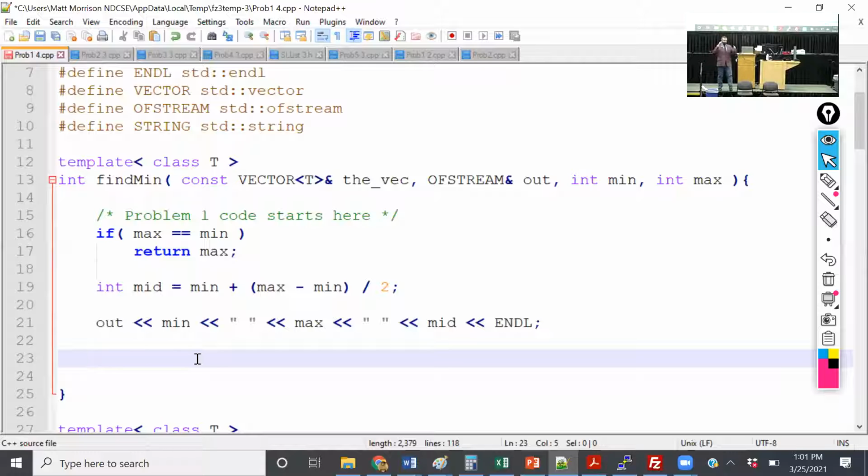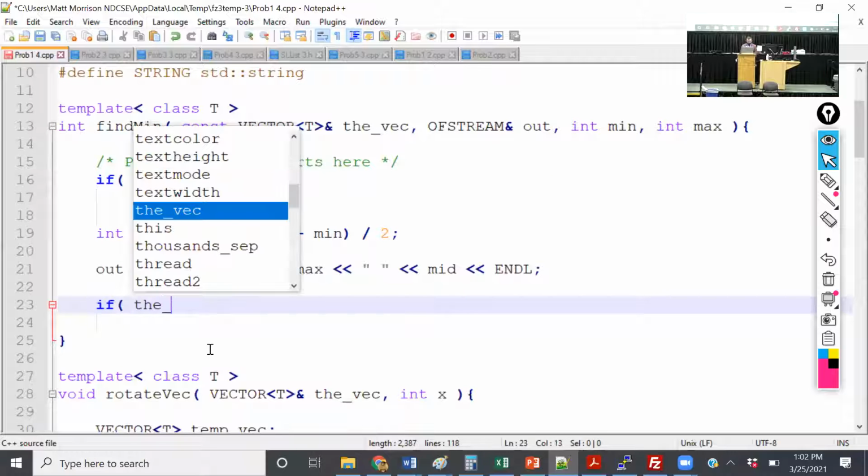And what's going to happen is every time we make a recursive call, these elements are going to print things out. So we can see what decisions are being made and what's going to be produced on the output. So the mid, we'll say, all right, we can cut this in half and then we'll move in a specific direction. So we're going to first say, well, if the element at the minimum is less than the element at mid,